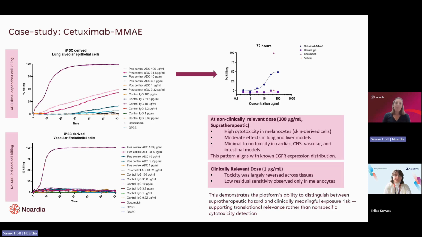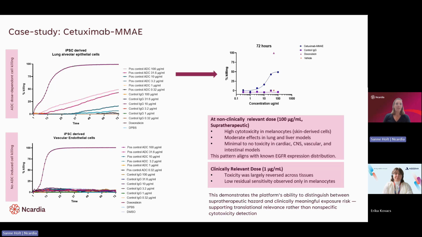So this is the data that you then get. I picked an example of a tissue where we actually saw reactivity of the ADC and nice dose response activity in that case, and we picked a tissue where there was no response at all. So the top graph is the epithelial lung alveolar cells, and we see the dark purple line is your doxorubicin, your tox control, which is very highly toxic very early on. And then the lines underneath are the cetuximab, and you can see that there's a very nice dose response, not only in max killing, but also in onset of the response. So the lower doses take way longer before they start to show any reactivity.